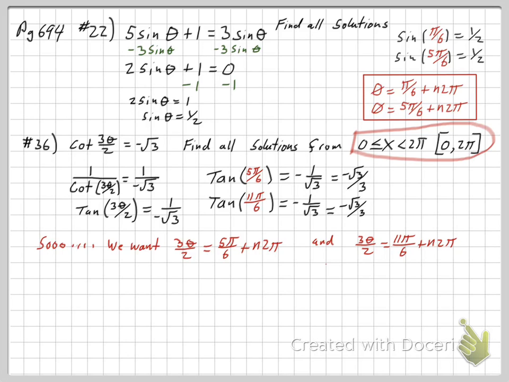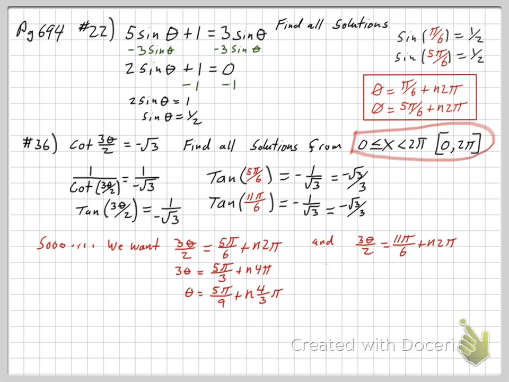In some examples that we have, the input is an entire polynomial. Whatever it is, we want that expression, in this case, to equal 5 pi over 6 or 11 pi over 6. So what I'm going to do now is set the expression equal to 5 pi over 6, but what does theta need to equal? So I multiply through by 2, and I divide by 3. That's my answer, 5 pi over 9, and